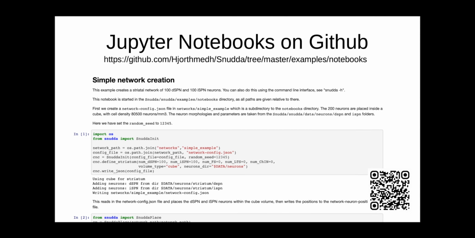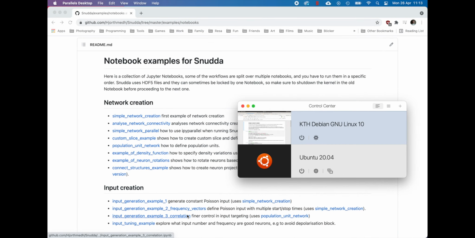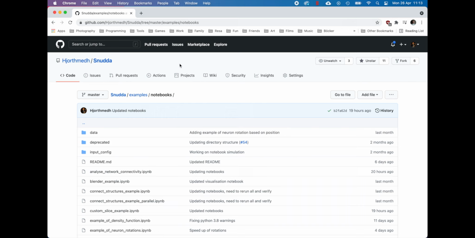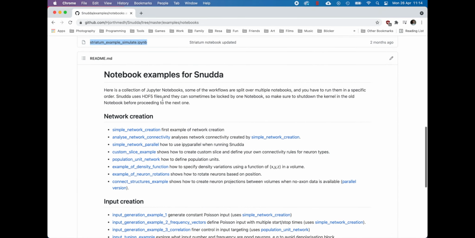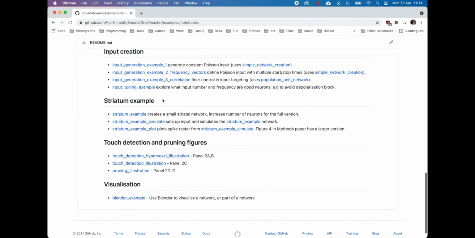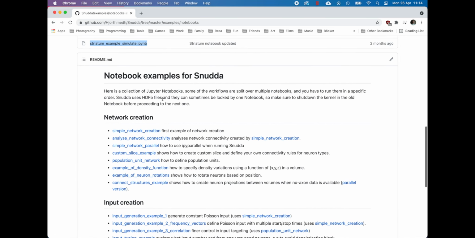So that was the first way, using the command line, but you can also run it through Jupyter notebooks. I will show you some examples. If you go to the Snudda GitHub repository, Snudda examples notebooks, and scroll down, we have a list of different notebooks with examples of what you could be running. I will talk you through the simple network creation and also the parallel network creation,